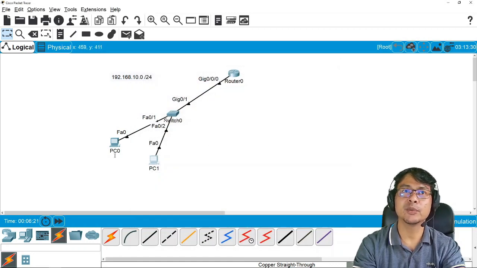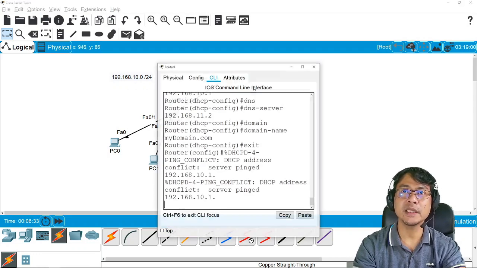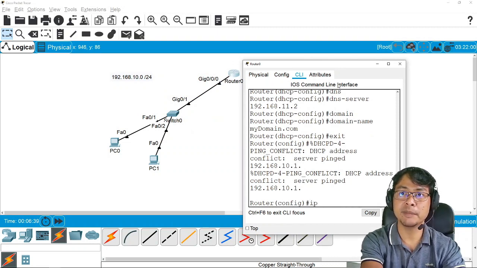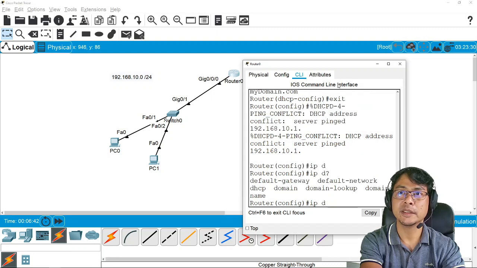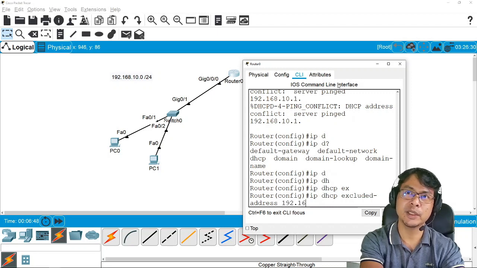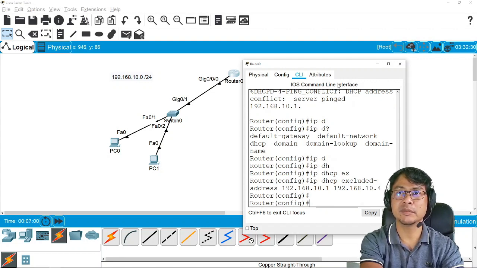Now, what if I don't want the server to be giving away the first five IP addresses of the network? Then you could just limit it by adding the ip dhcp excluded-address, and then you may want to put a range, 192.168.10.1 to 192.168.10.4. You can do that,